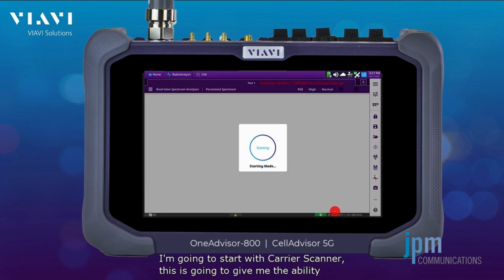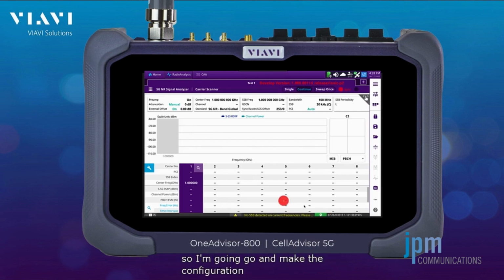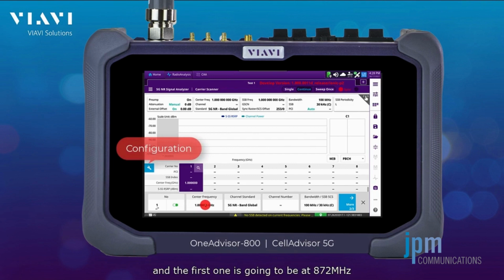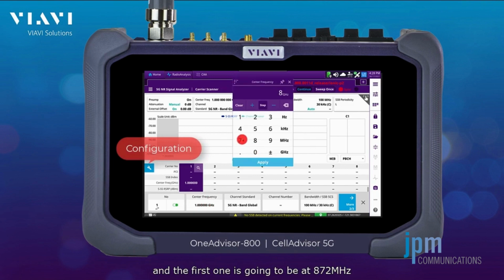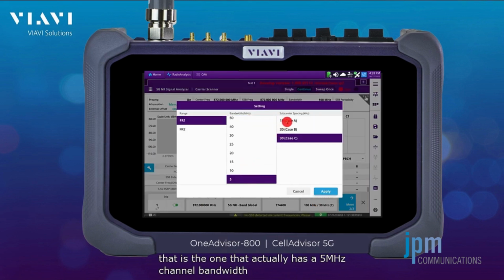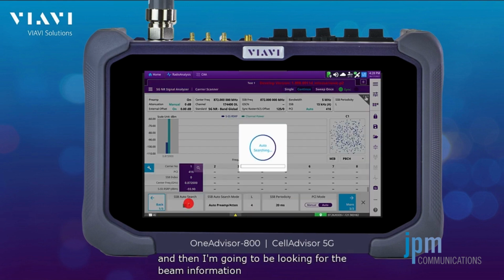This is going to give me the ability to add multiple 5G signals that I can analyze at the same time, regardless if they have a different channel bandwidth. So I'm gonna go and make the configuration, and the first one is gonna be at 872 MHz. That is the one that actually has a 5 MHz channel bandwidth, and then I'm gonna be looking for the